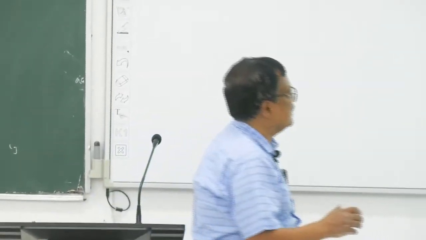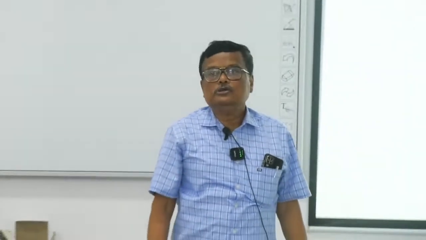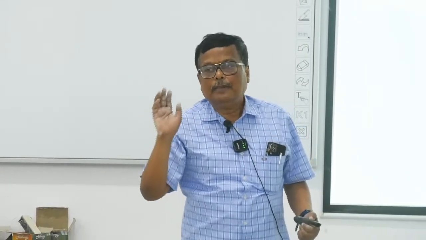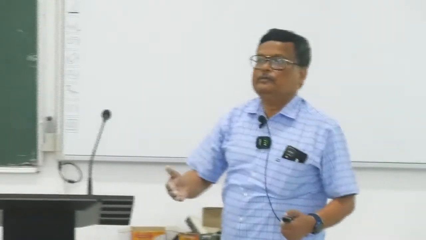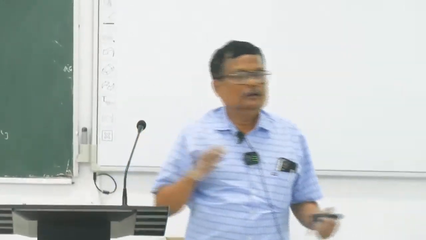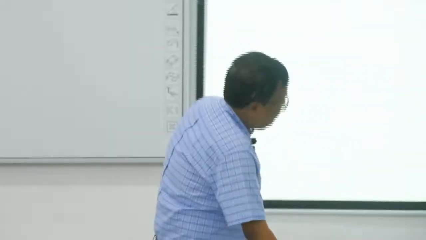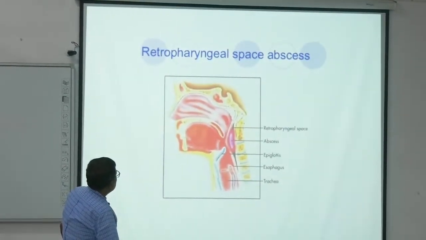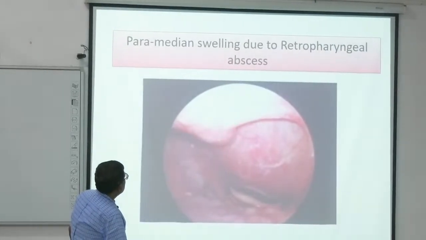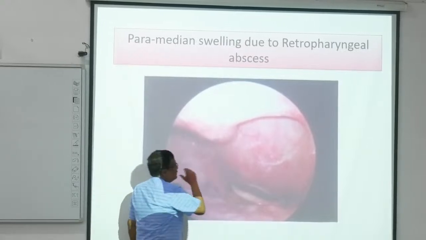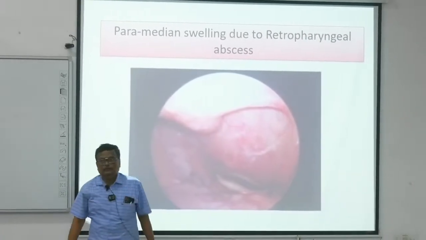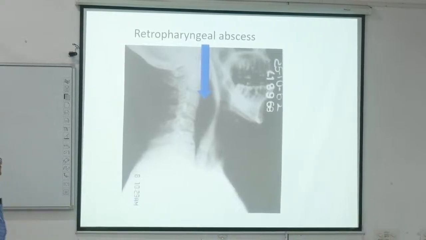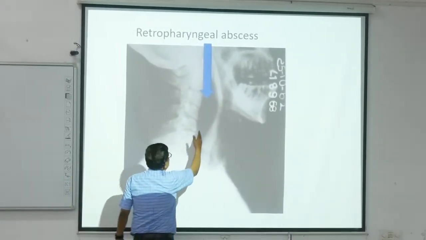any infection of this retropharyngeal space এইটা শুধু মনে রাখো, causing প্যারামিডিয়ান সোয়েলিং। এই প্যারামিডিয়ানটা মনে রাখবে বোঝো আর না বোঝো, প্যারামিডিয়ান সোয়েলিং। Any infection behind the prevertebral fascia causing midline swelling. এই যে দেখেছো এটা হচ্ছে মিডলাইন সোয়েলিং, আমরা এন্ডোস্কোপি দিয়ে দেখছি হিউজ প্যারামিডিয়ান সোয়েলিং, একটা সাইডে সোয়েলিংটা হয়েছে। এই যে রেট্রোফ্যারেঞ্জিয়াল অ্যাবসেস ইন এক্স-রে, পুশিং দ্য pharynx anteriorly।